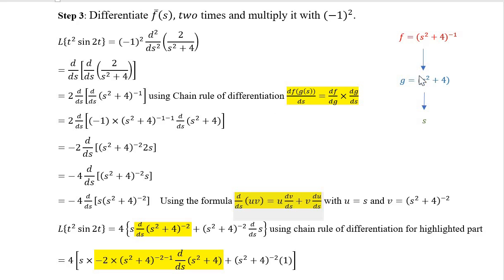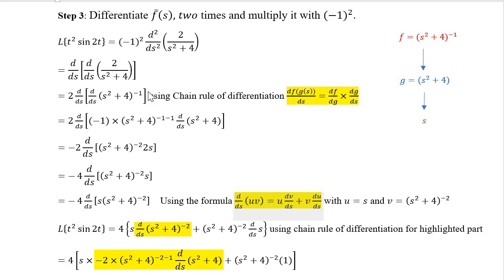F depends on g function. G is s square plus 4 because it is inverse of s square plus 4. And g function depends on s. So, by chain rule of differentiation, derivative of f with respect to s